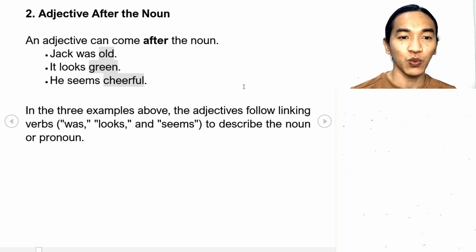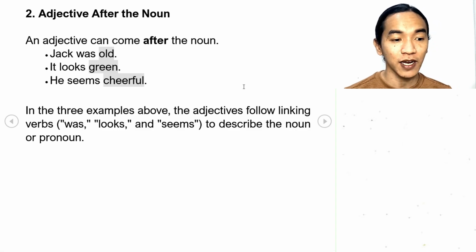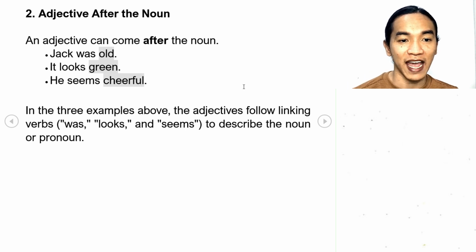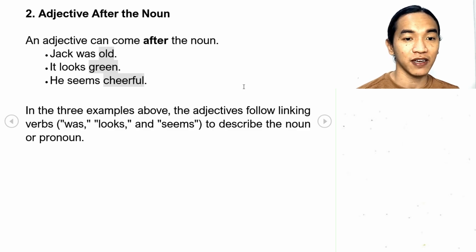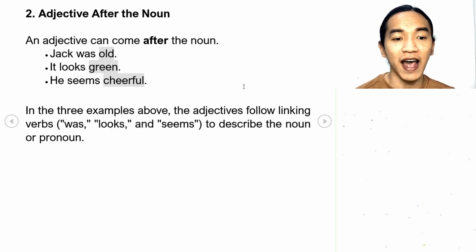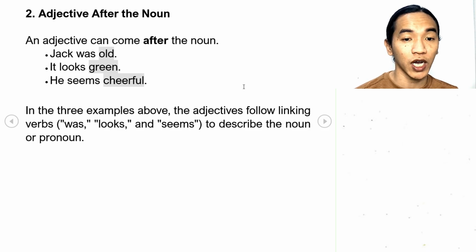Okay, next one. So, adjective after the noun. So, there are adjectives that come after the noun, not directly after, but after the nouns. So, an adjective can come after the noun. Like, for example, Jack was old. It looks green. He seems cheerful. So, in the three examples above, the adjectives follow linking verbs such as was, looks, and seems to describe the